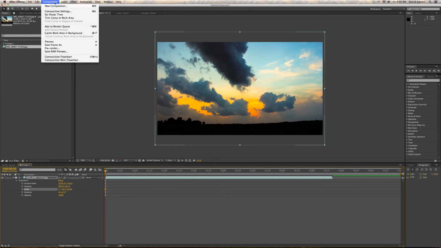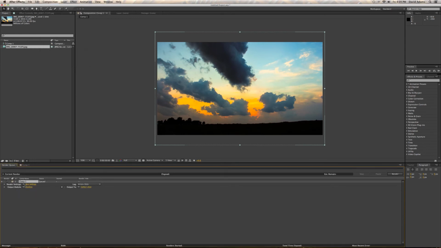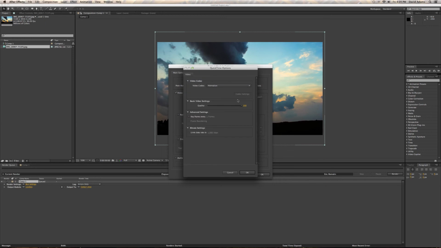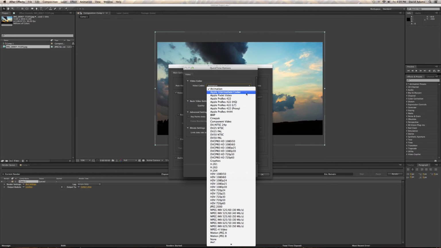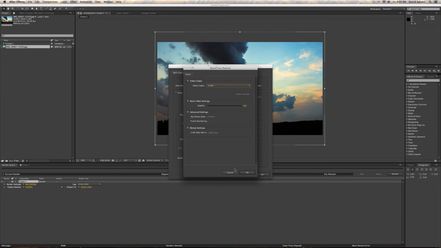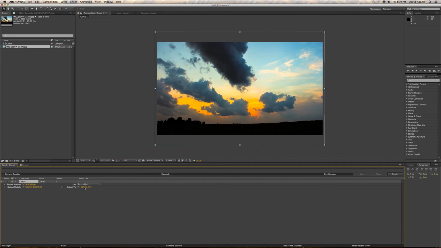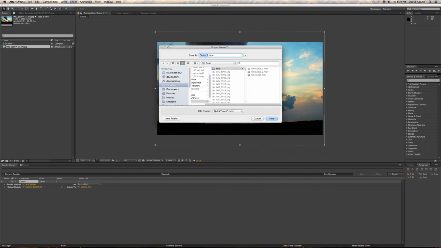All we need to do, composition, add to render queue, and you want to set your settings, output mode, click on your output mode, and go to keep this QuickTime, that's fine. But if you're going to use it on the web, go to Format Options, and bring this little down box, open this box here, and click H.264, click OK, click OK again, output to, and we'll say, we'll